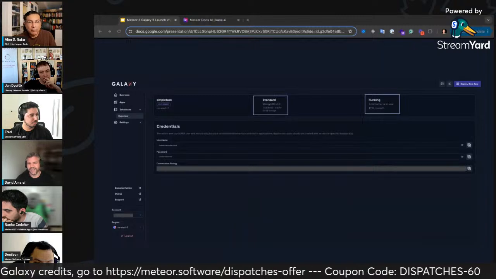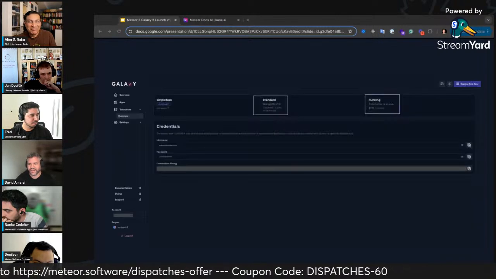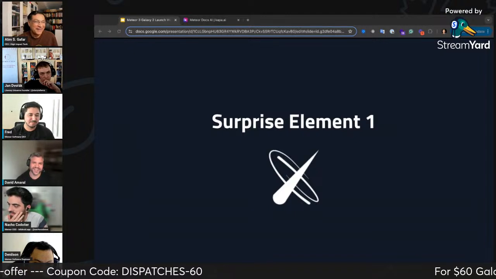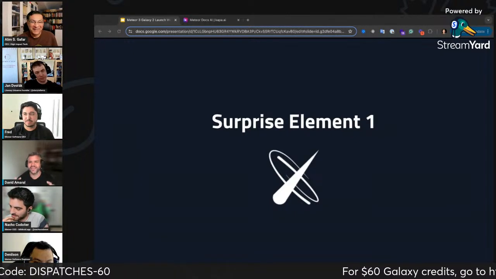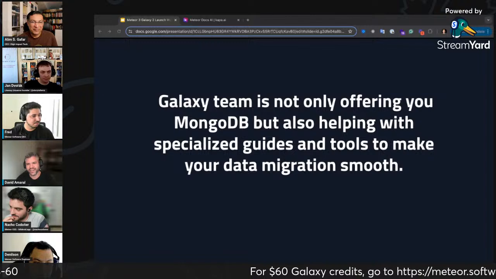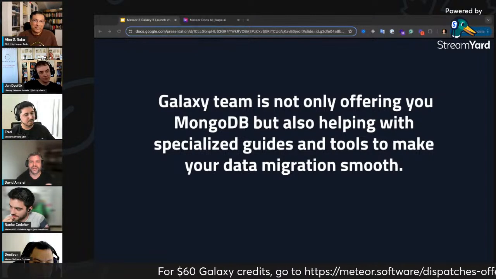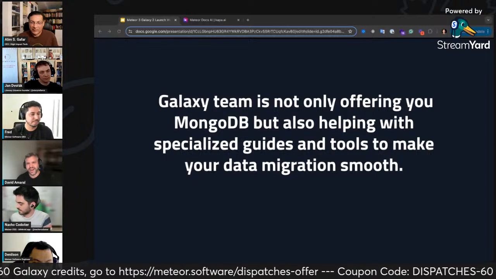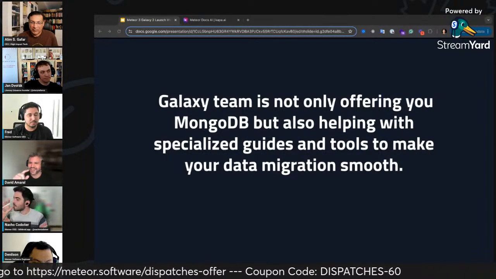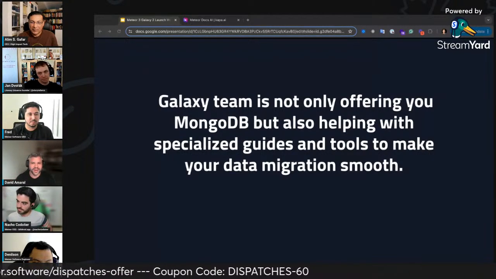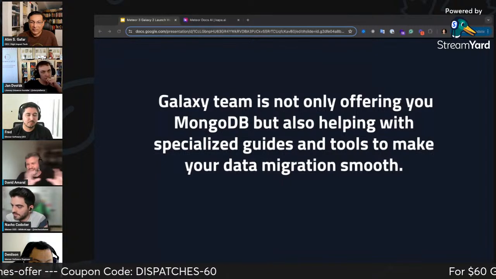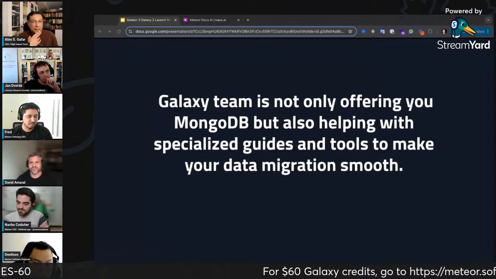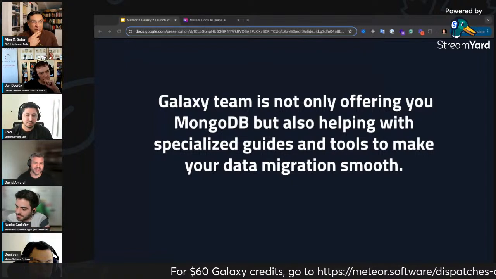And this is the screen you get, and we have a surprise element, which is that we are trying to automate the process of migration. We are going to make a really good effort to do that, because we want to achieve a really easy step. So I have my MongoDB, and I just want to go there, click, and have my data migrated from my actual MongoDB to the MongoDB hosted in Galaxy 2. So we are focusing on doing that in the best automated way.